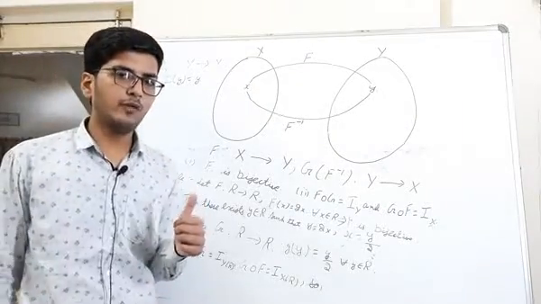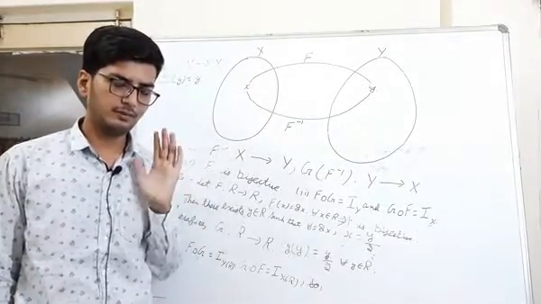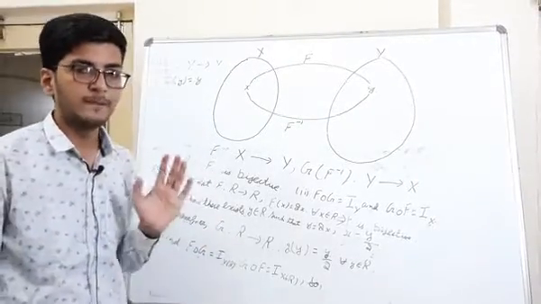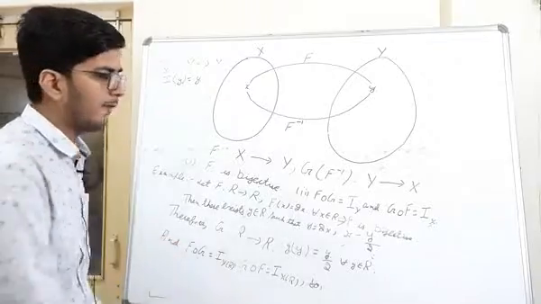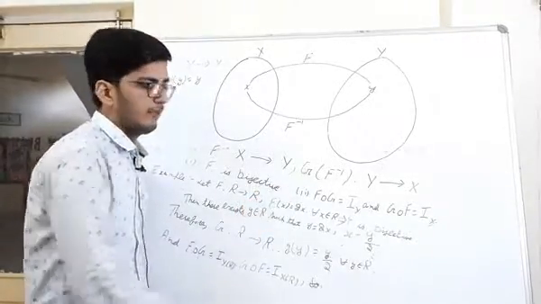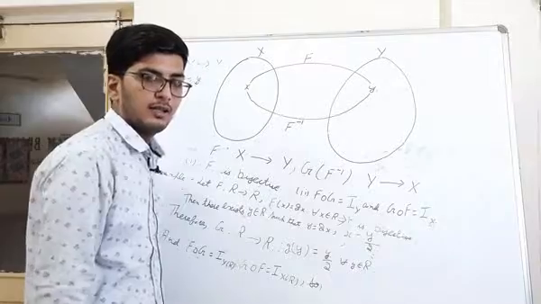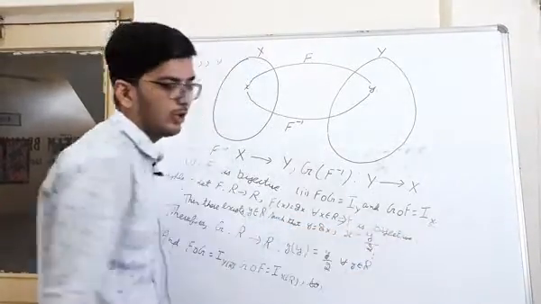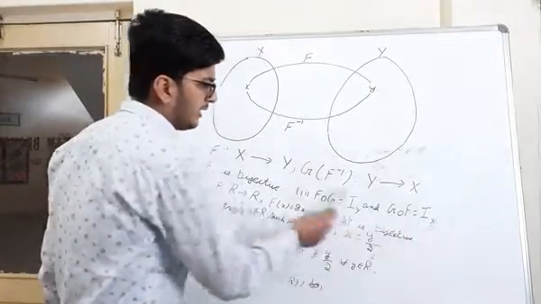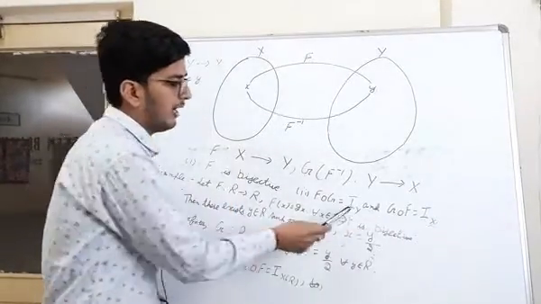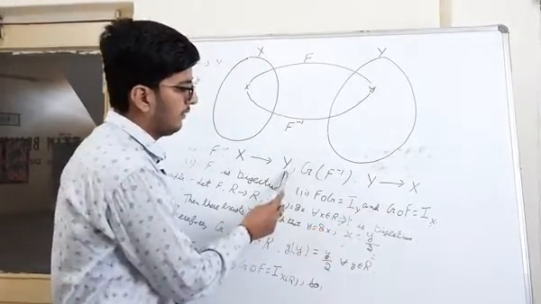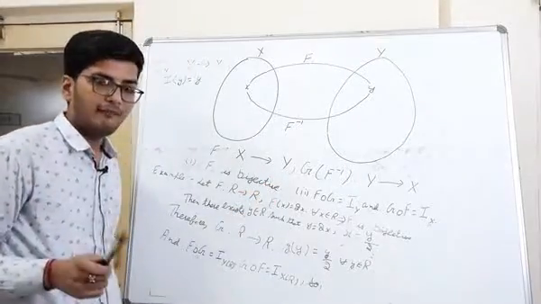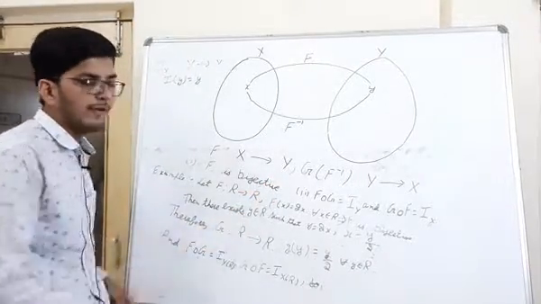So the first condition for the existence of the inverse is true, so we will say that the inverse of this function f exists. Now we have to find a function g from Y to X such that f o g will be the identity on Y and g o f will be the identity on X. X means the domain of f, and Y means the range, or we can say codomain, of f. So now we have to find such a function.